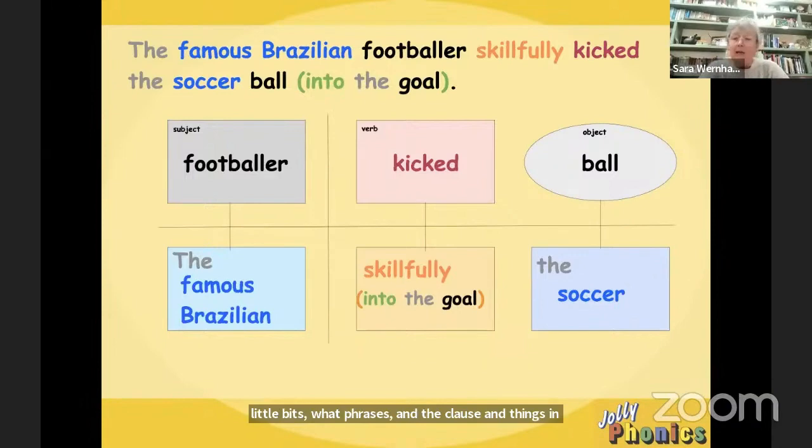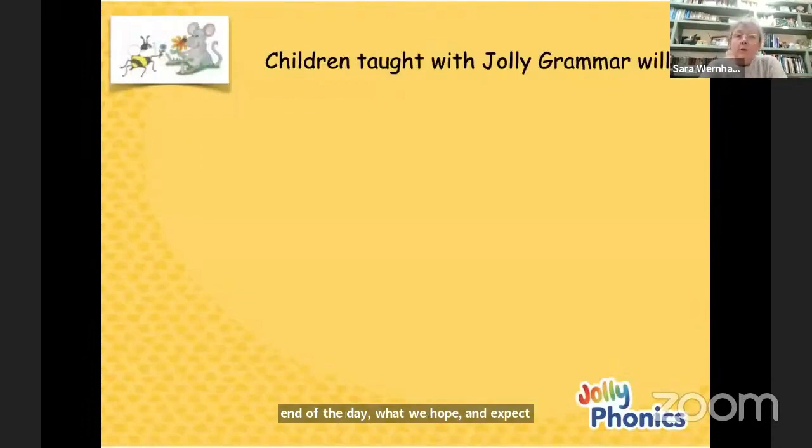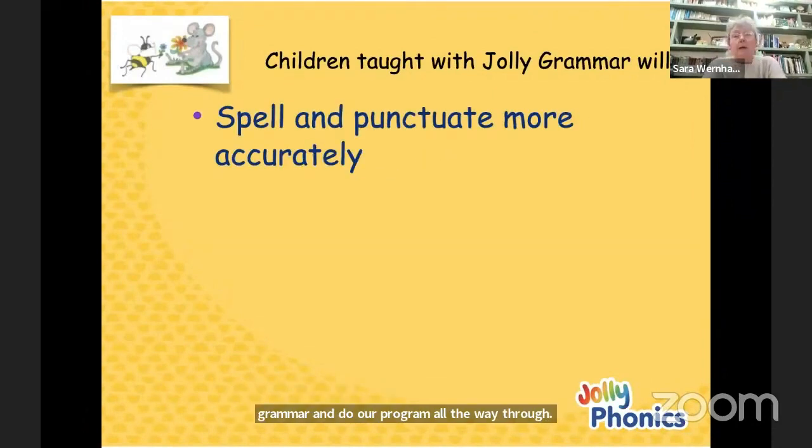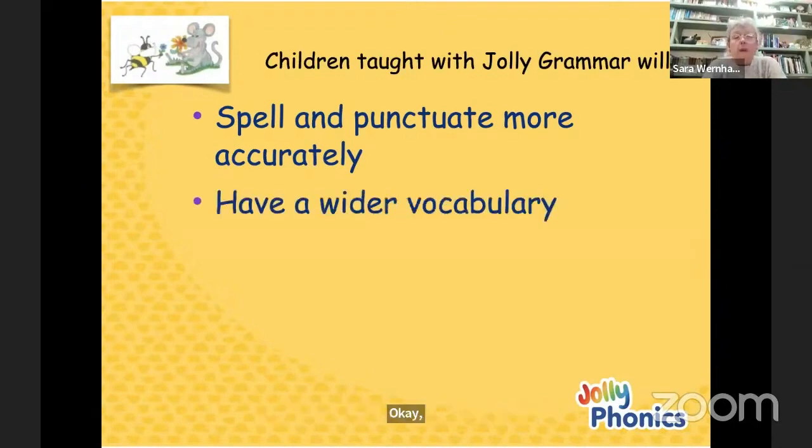Because at the end of the day, what we hope and expect and want is that children who are taught with Jolly Grammar and do our program all the way through will spell and punctuate accurately. They will have a wider vocabulary because we're looking at lots of words, we're examining lots of words, we're doing lots of things that don't necessarily come up in other schemes that are just looking at spelling or just looking at grammar without joining it into the wider language,